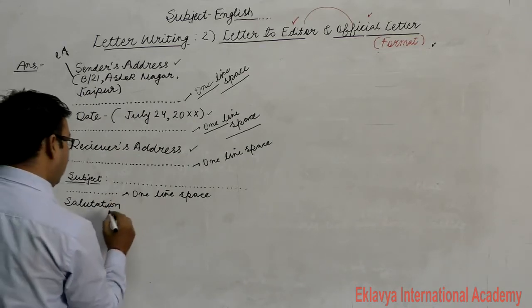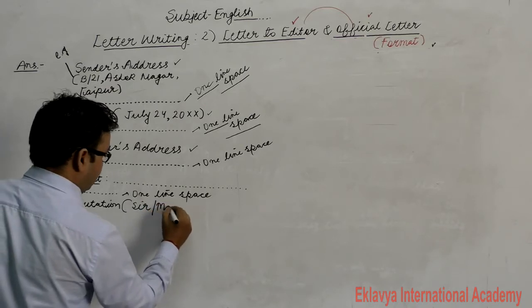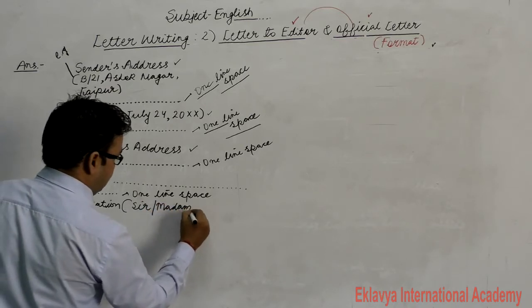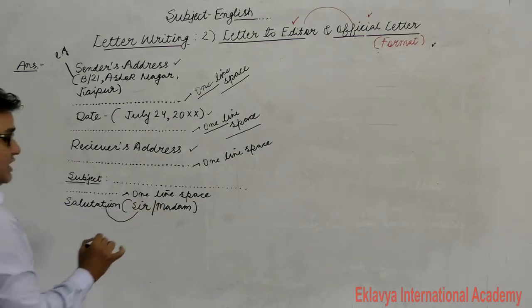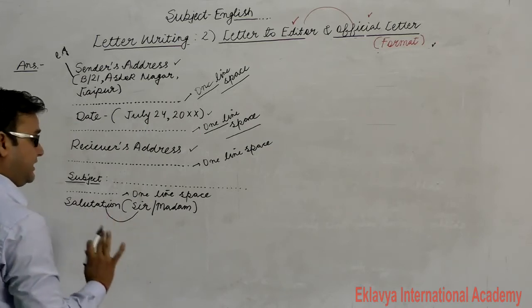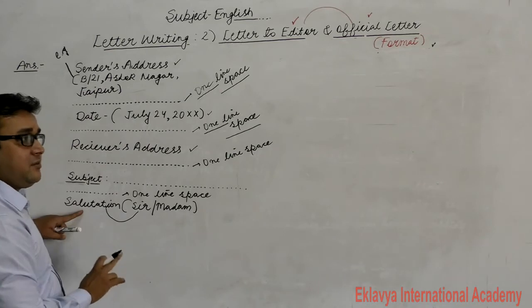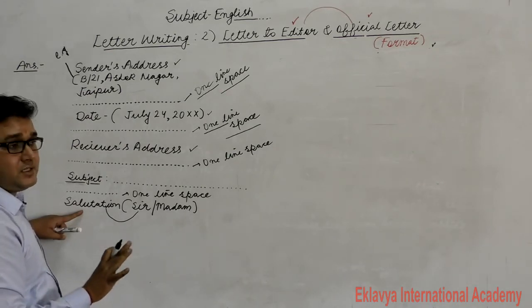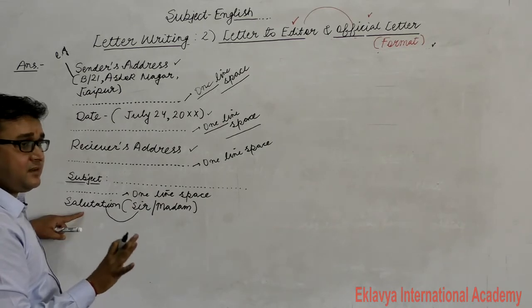It would be in the form of sir or madam. Mention your salutation, okay. यहाँ पे salutation mention करना है. Then there is no need to leave a line space. If you leave a line space just after salutation, it would not become a matter of doubt at all, matter of marks at all. संदेह का या प्रश्न का सवाल, नंबर का सवाल नहीं बनेगा.